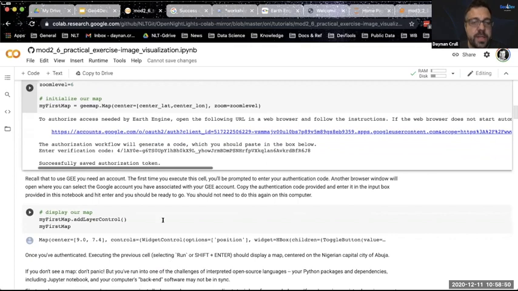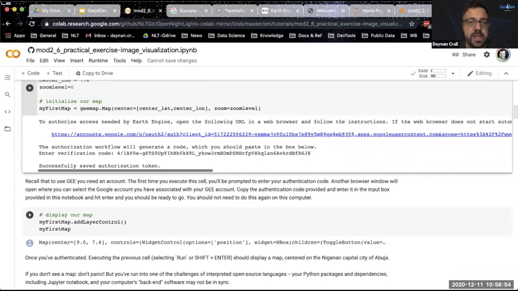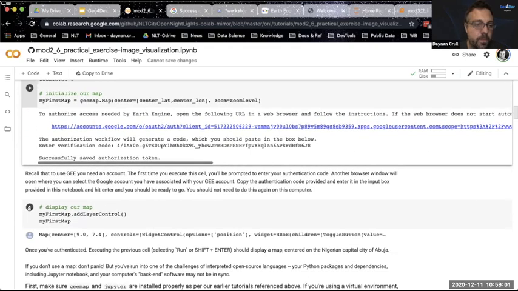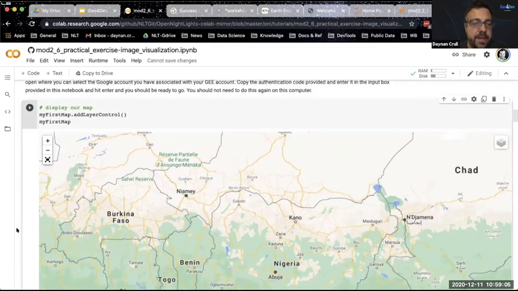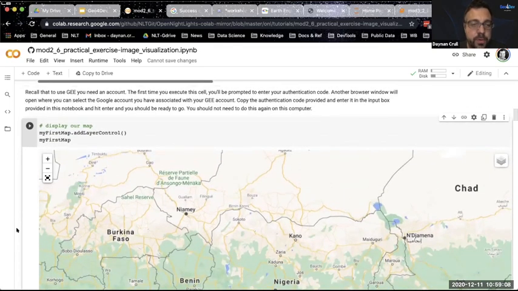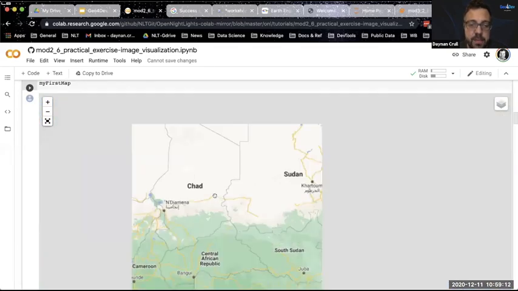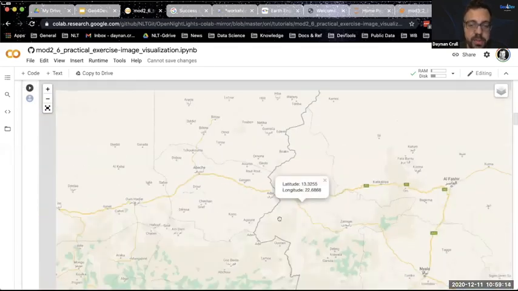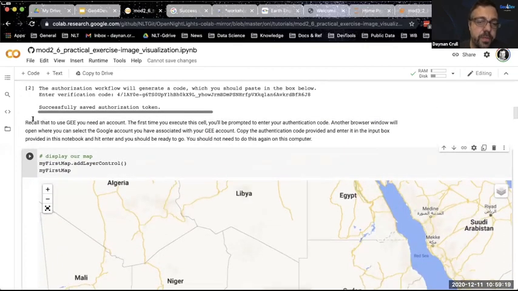So if you have an Earth Engine account, by clicking on the link just as I did, you should be able to go through the steps that I just did. And if you do so, you can now actually display a map. So this is, in fact, a map pulled from Google Earth Engine, and I'm showing it here. It is interactive. I can zoom in, I can move it around. We're going to do some more stuff with maps later, but essentially this is one of the things GMAP is really useful for, helping you create these interactive maps.